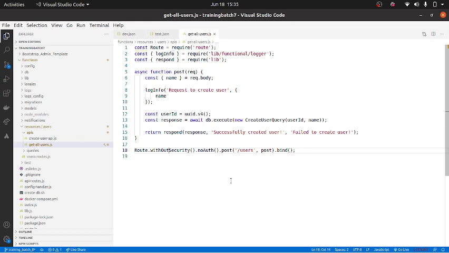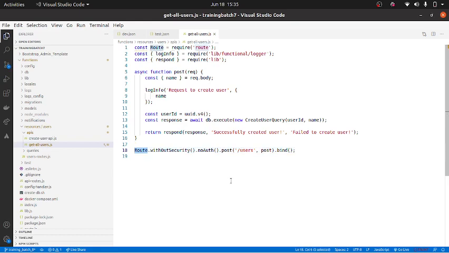Only then will you be able to access the subsequent APIs. By default, I have made it without security. If you want an API to be secure, so that anyone who does not have the JWT token cannot access it, then you remove this and tell it with security. Is this clear? Got it.